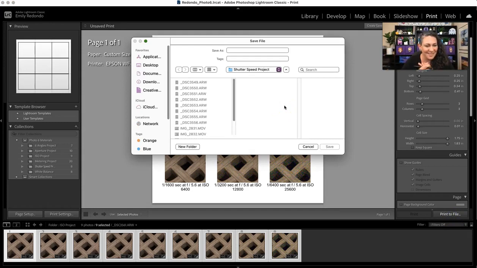All right, guys, so I hope you enjoyed learning about ISO and seeing the dramatic difference in it. Next we're going to be moving on to some more